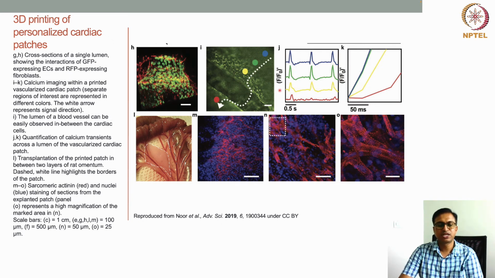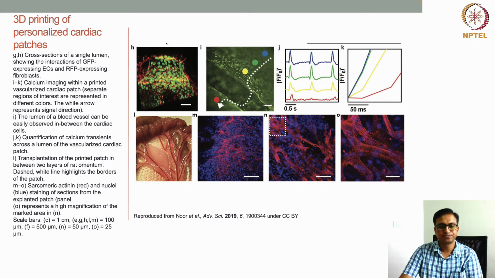From the calcium imaging you can also quantify the calcium activity within the cardiac patch. So, quantification of calcium transients across the lumen of the vascular cardiac patch, like here across the lumen, is how they quantified the calcium transients, and then they transplanted that cardiac patch